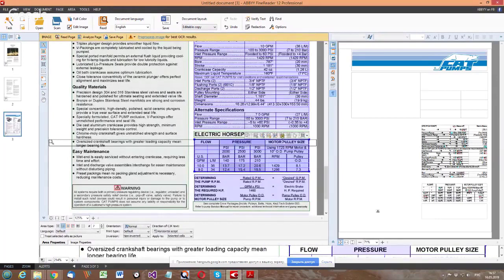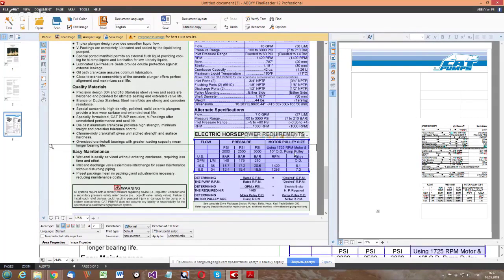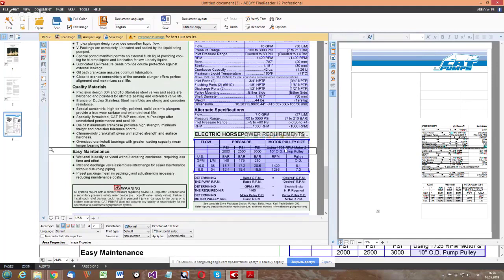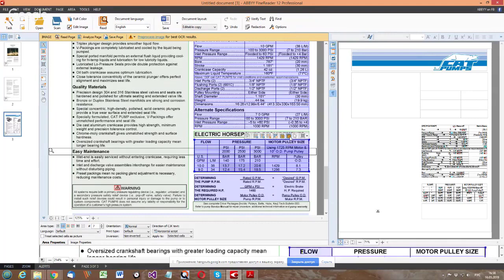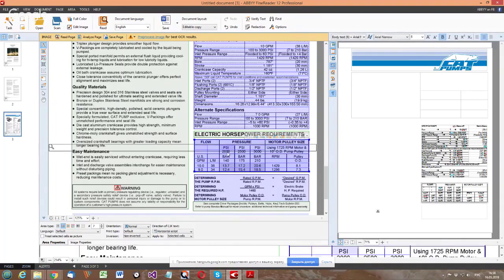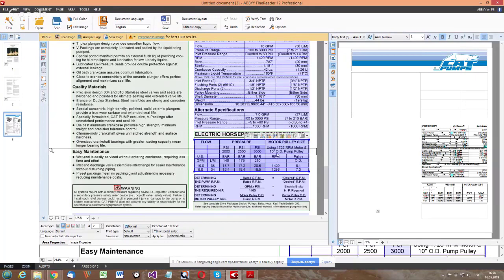And now I need to check what Finereader did. So here I can see a problem. I can see that one sentence is split among two cells. So I need to select those cells and click Merge Table Cells. Here I think PSI 2000 and PSI 2000, 2500, etc. is also one sentence, so I will merge them.